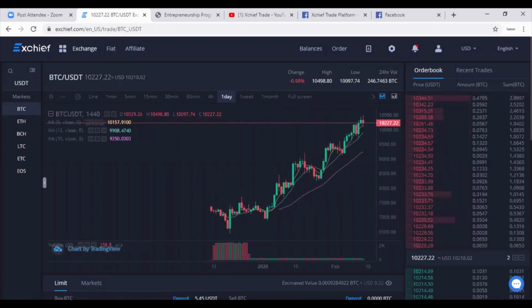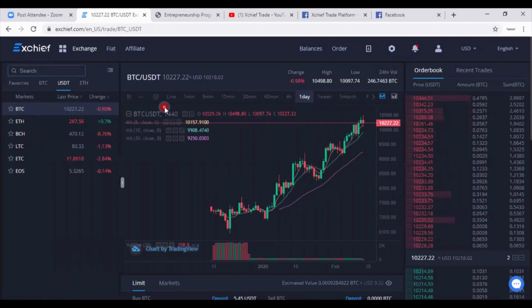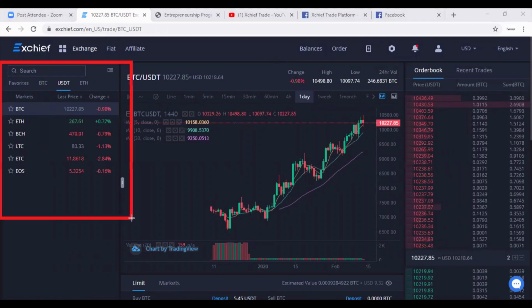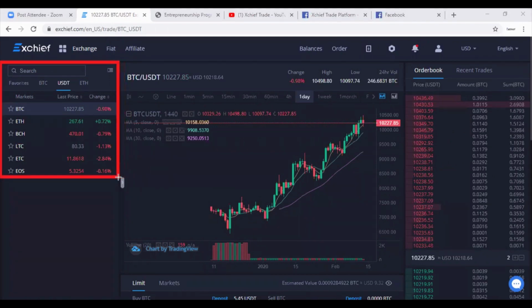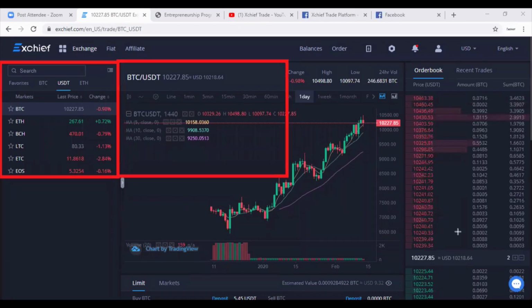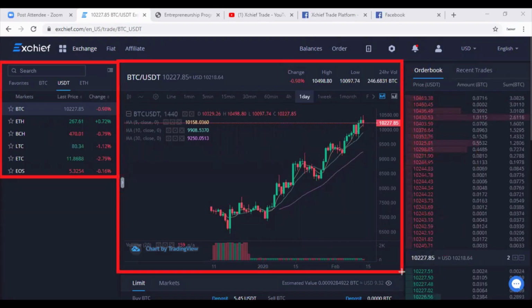And in our previous video, we looked at navigation on the Exchief platform, where we said that you can group the trading interface into three main areas. This portion where you have the various markets displayed, this second portion where you have your trading chart, and then another portion where you have your order book